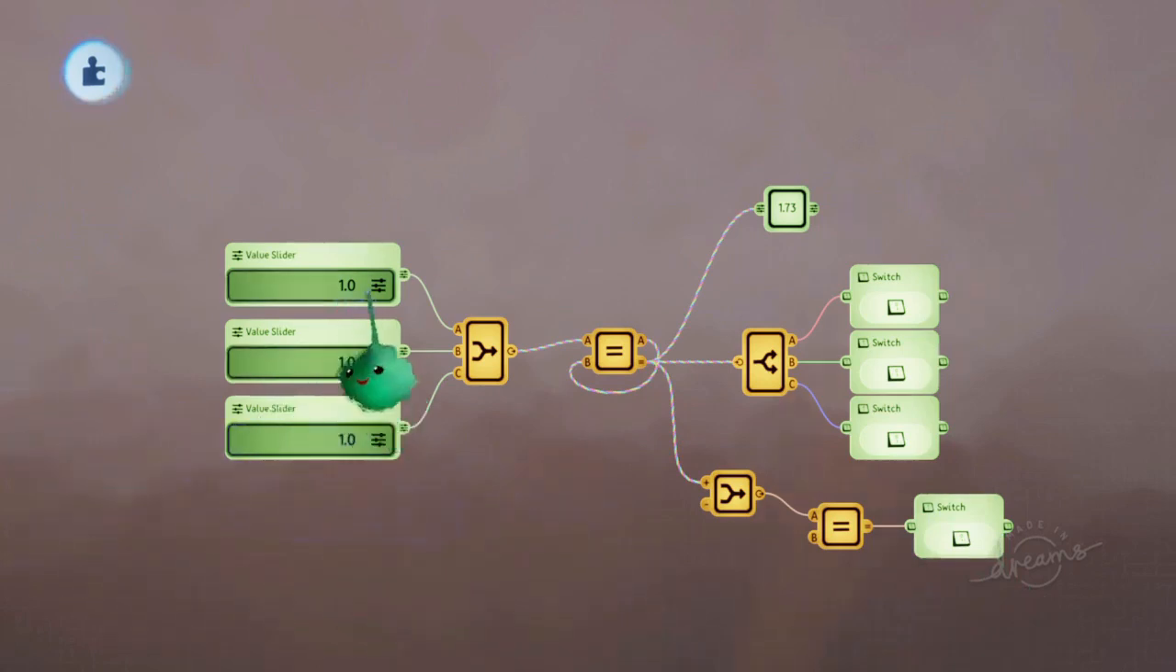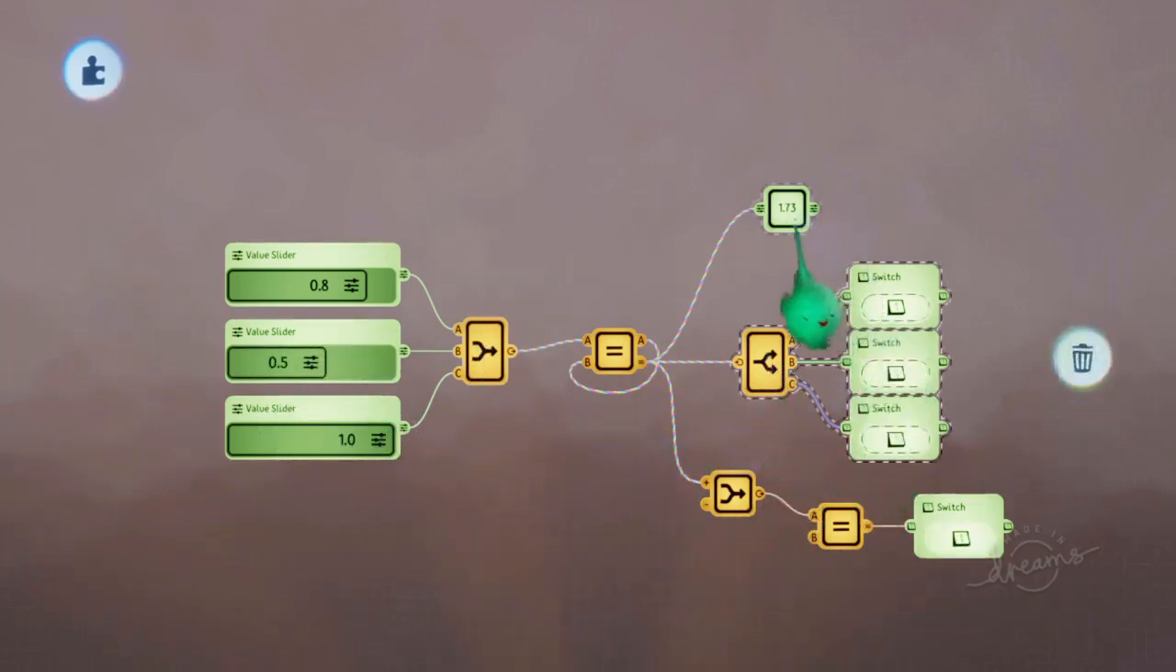So if these haven't changed, that will be on. If these have changed, that will be off. So now as we change them, you can see it's flickering off. So we can find out if a 3-number vector type of thing like this has changed at all by using this kind of setup. So all you need is